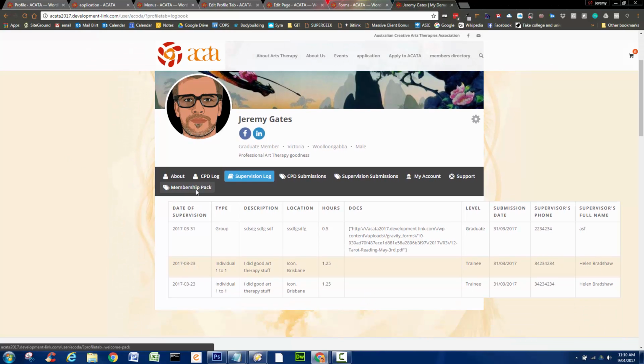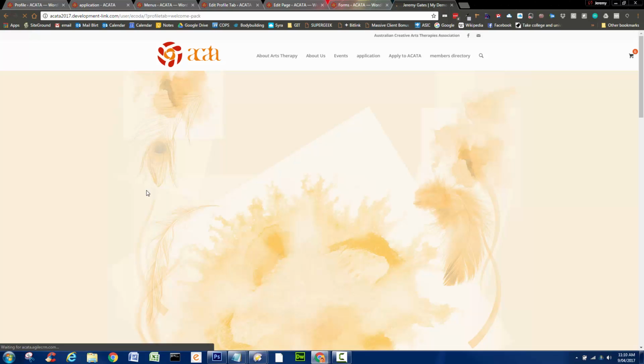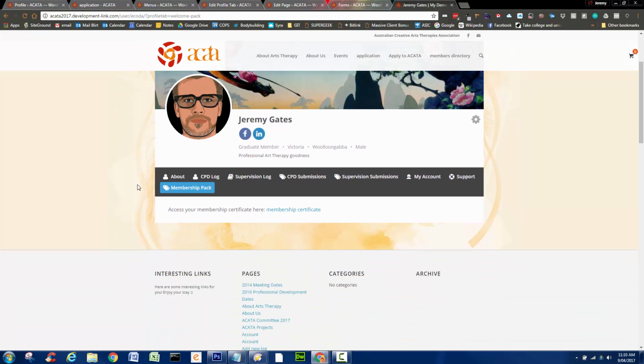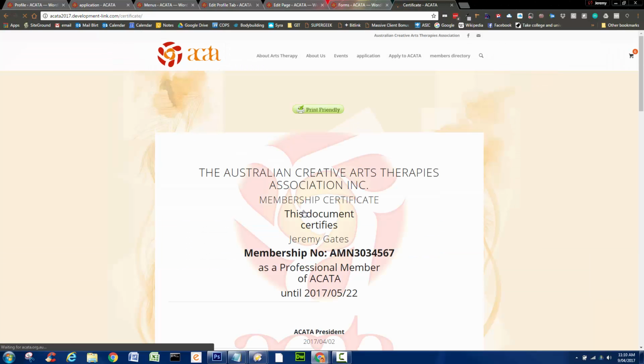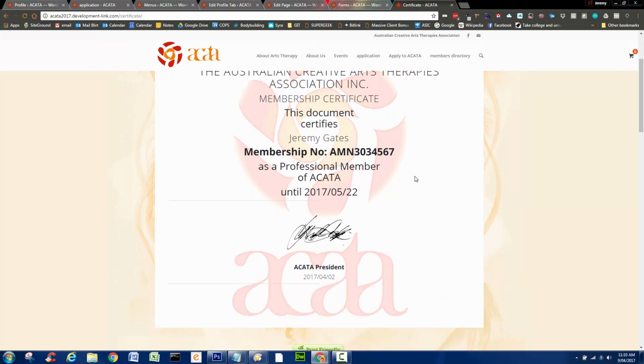Okay, and now I can access my membership pack. At the moment, all I've got in there is a link to the membership certificate. The way that this works is that it will pull in the information that is applied manually